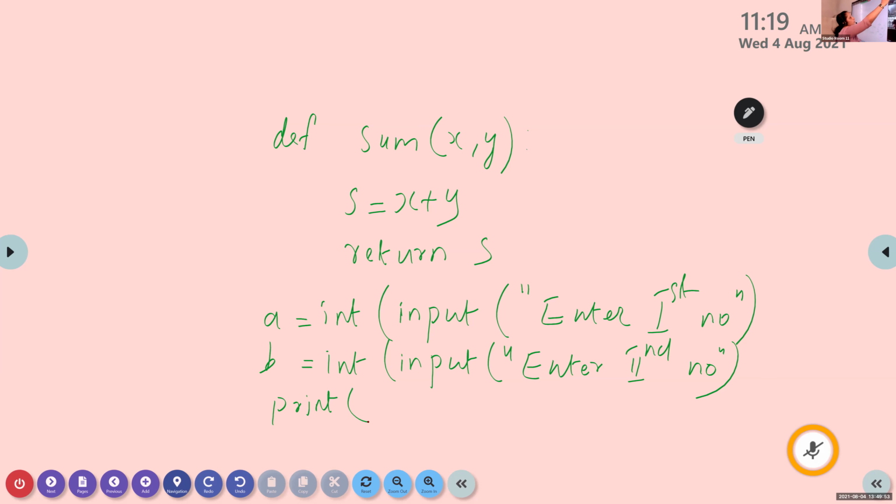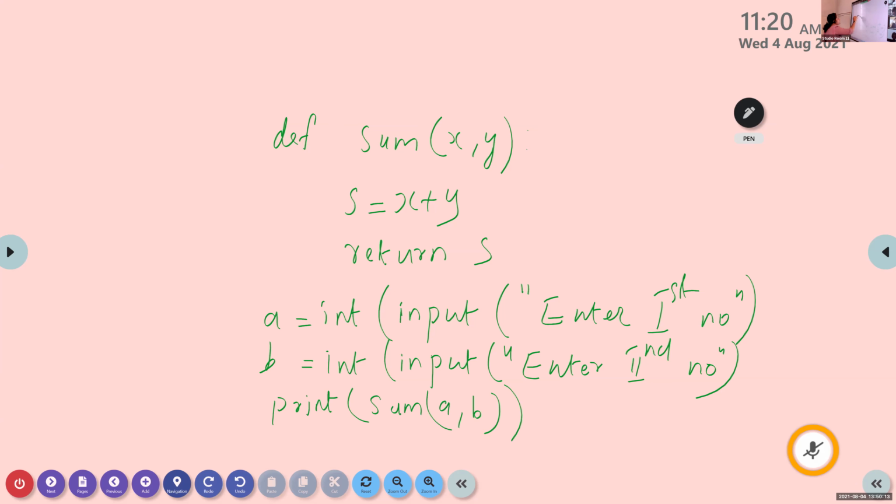Okay, Aryan. Aditya, read the print statement. print(sum(a, b)). Okay. So this is the program based on finding the sum using a function.